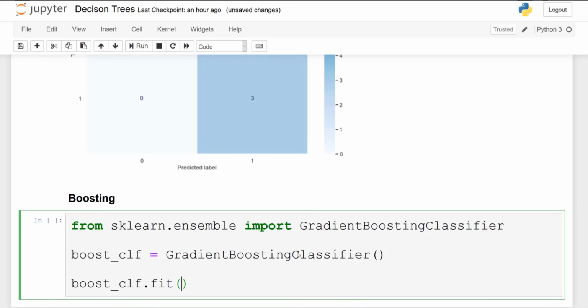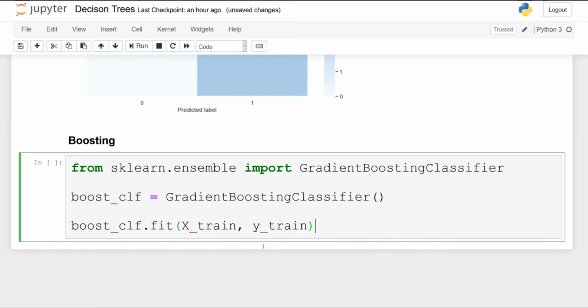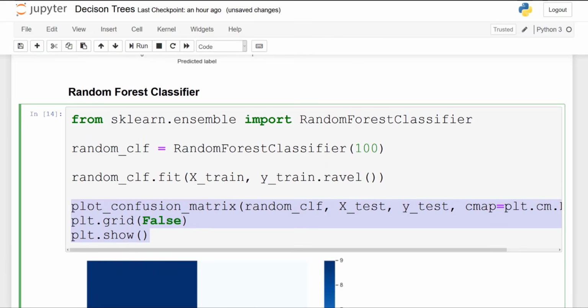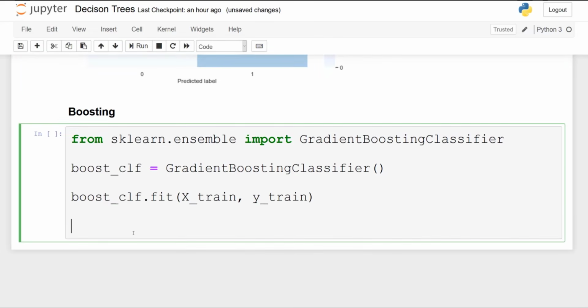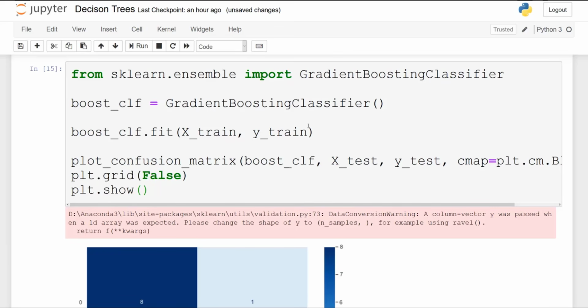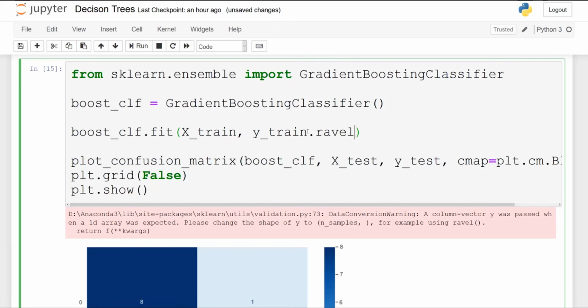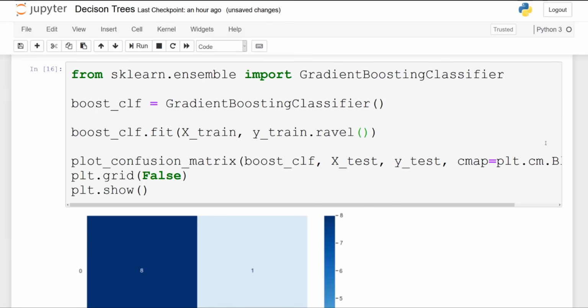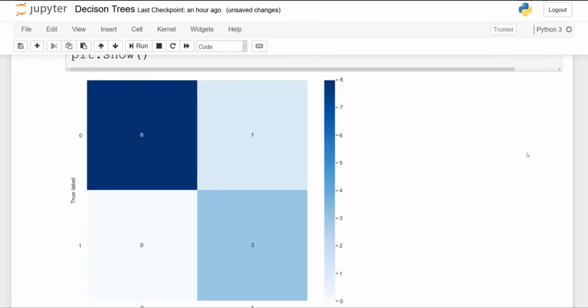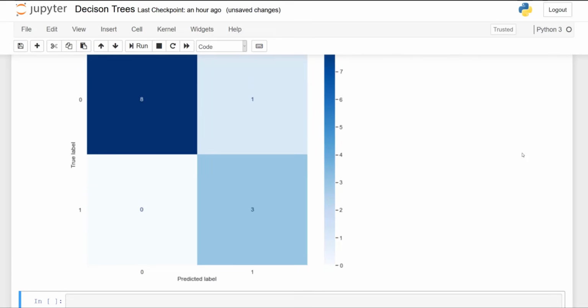So boost CLF.fit xtrain and ytrain, and then we will plot the confusion matrix. So grabbing the code again, copy, paste it below, and remove random CLF and paste boost CLF instead. And again, I forgot the ravel. Sorry about that, guys. Ytrain.ravel, and then you get this following confusion matrix where only one instance is misclassified, which is not better than random forest, but better than our baseline.